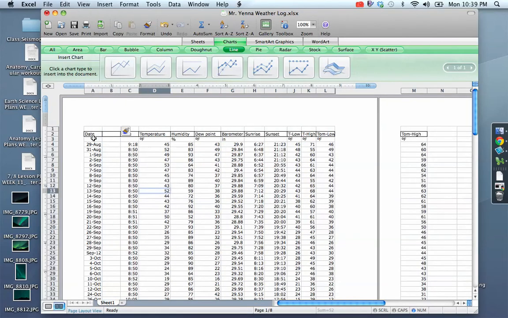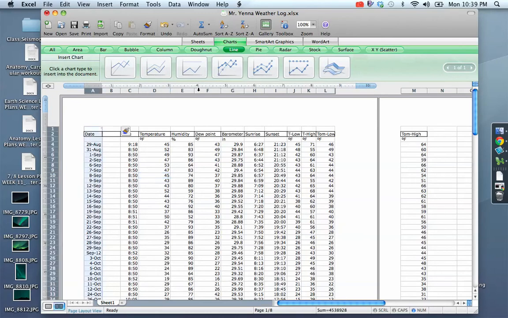And what it ends up doing is it selects these two, and it doesn't give us any numbers associated with the date, just the date, not anything else. And that's perfect. That's what we want. So now I'll select my date, I'll select my sunrise and my sunset. And when I go up to line, again we're doing line now, not scatter, I'll click on line,